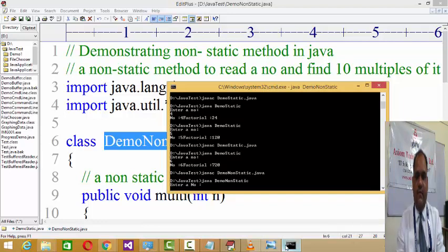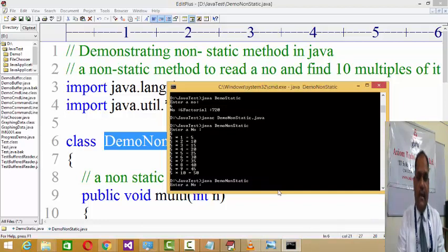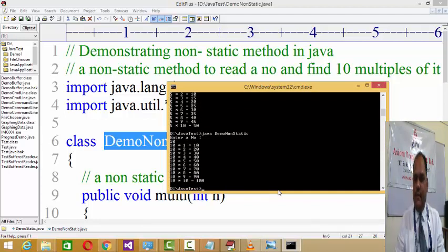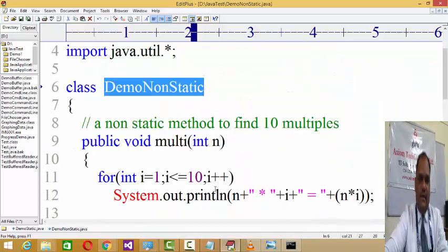If you enter the number 5, it will print the 10 multiples of 5: 5 into 1 equals 5, 5 into 2 equals 10, and likewise, right? If you enter the number, let's say 10, it will generate the 10 multiples of that 10, right?